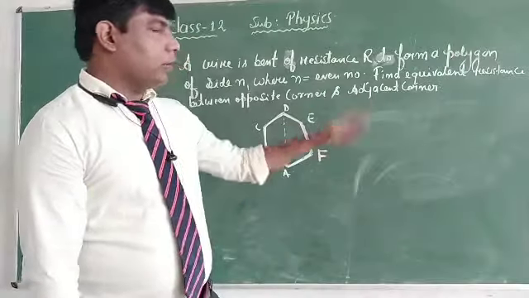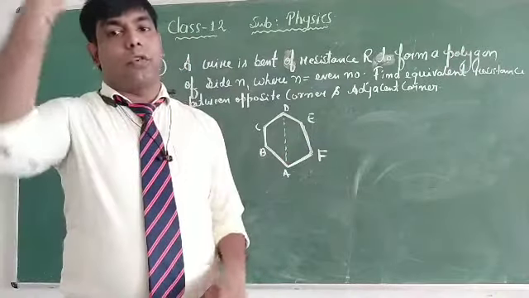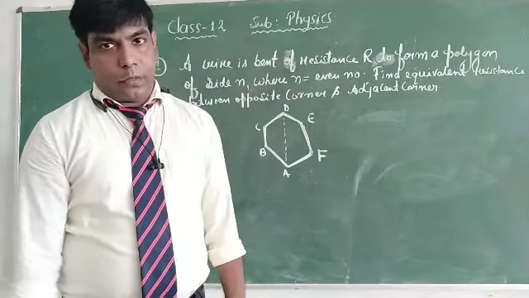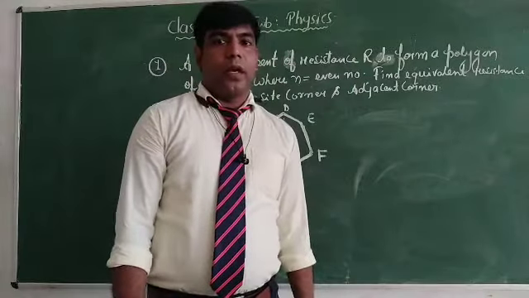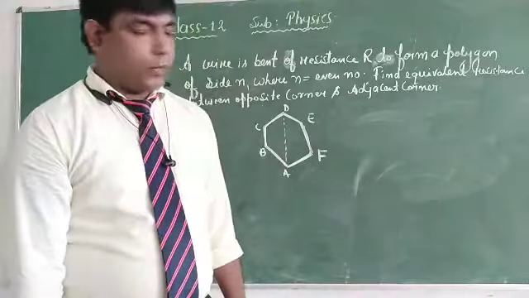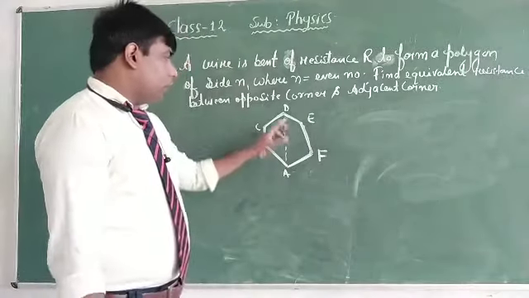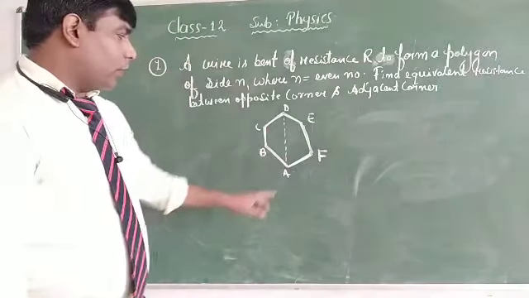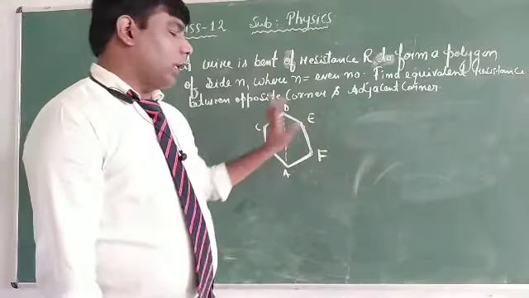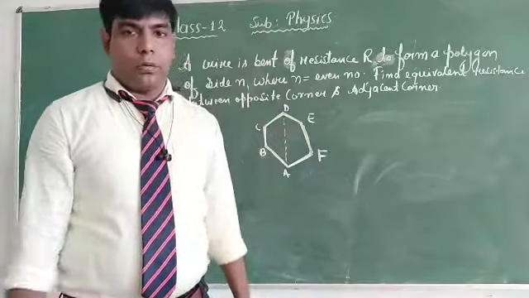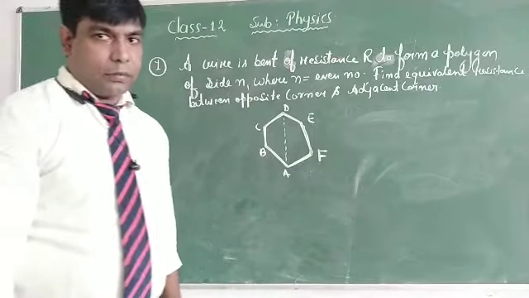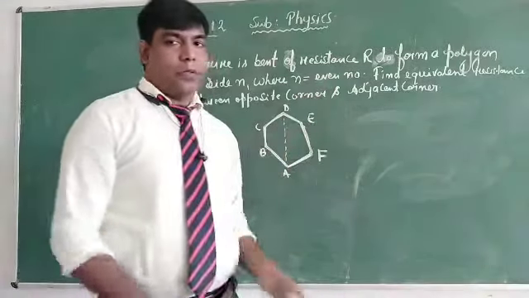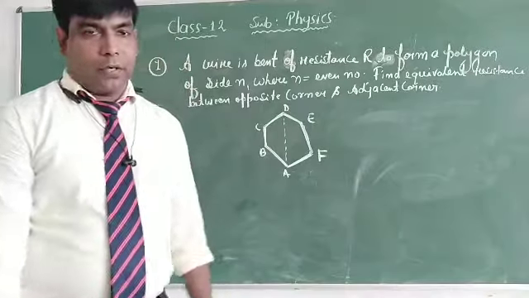Then they are asking to find the equivalent resistance between its opposite corners, and second, the equivalent resistance between its adjacent corners, right? That is it. Here we have taken a wire. Let us say the wire is A, B, C, D, E, F. Now we are forming a polygon. Here the polygon has 6 sides. That is, 6 is an even number. So according to the question, the polygon must have an even number of sides, right?